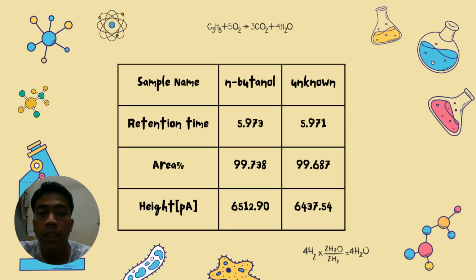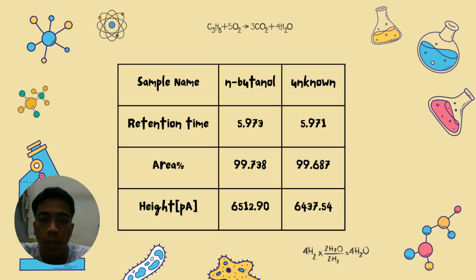So, to explain the reasoning used to determine which peak in the unknown chromatogram corresponds to each compound in the standard mixture, we have concluded that N-butanol is the reference for the unknown compound because of the chromatograph that came out from the experiment result. As you can see, the retention time for N-butanol is